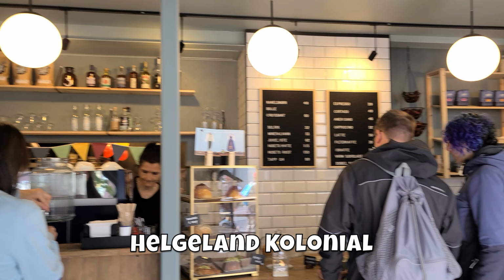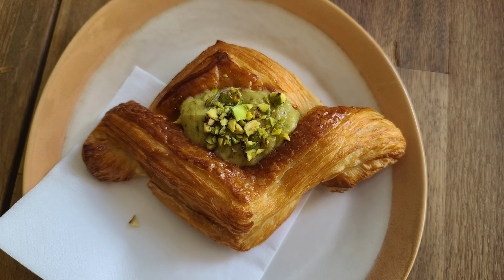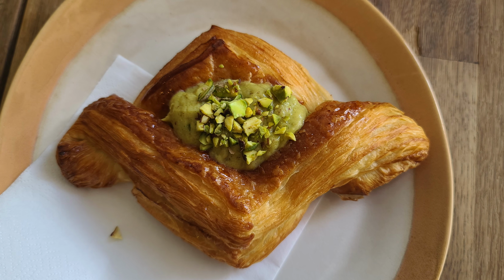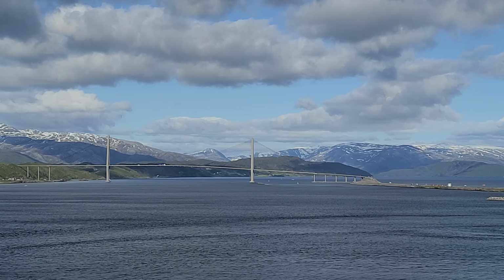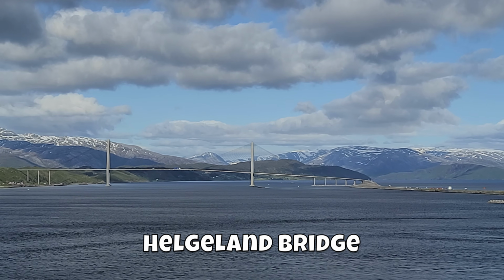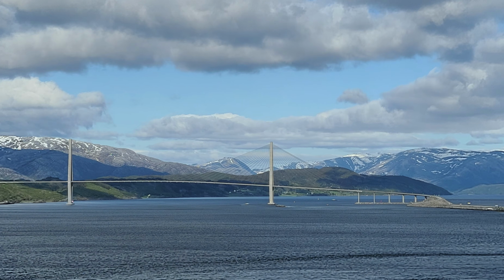We stopped at a cafe for some pastry and coffees, then headed back to our ship. From the top deck, we had a nice view of the Helgeland Bridge, modern and elegant. It connects to the mainland of